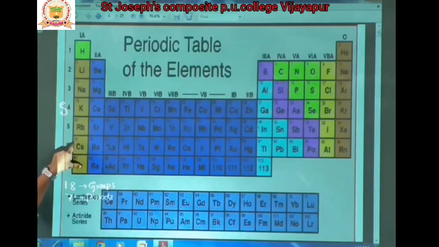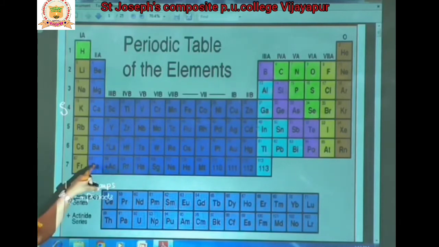Next, in the S block elements, the second group elements are called the alkaline earth metals. Why the name alkaline earth metals? Because these metals increase the alkalinity of the earth. These metals also form oxides and hydroxides, mainly hydroxides. These metals are found in the earth's crust as micro and macronutrients, so these metals increase the alkalinity of the earth.